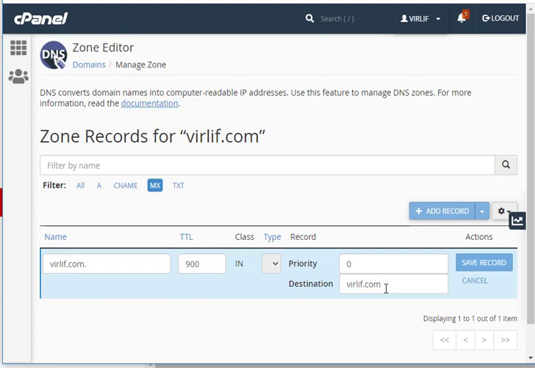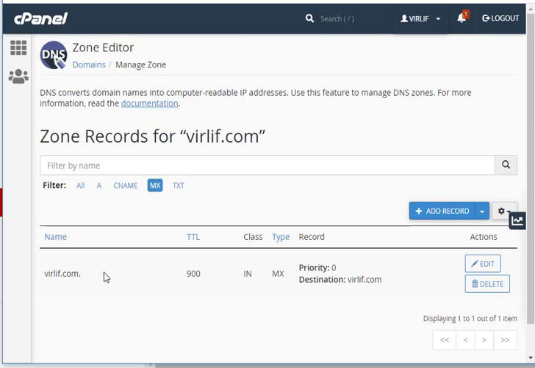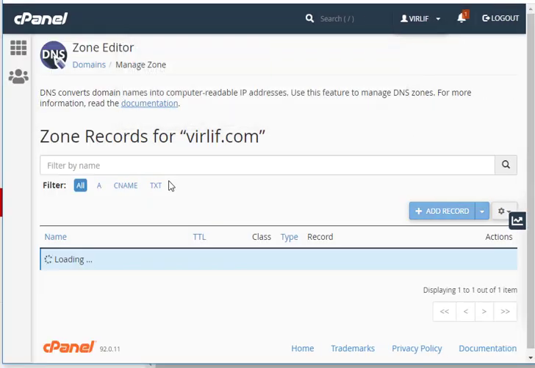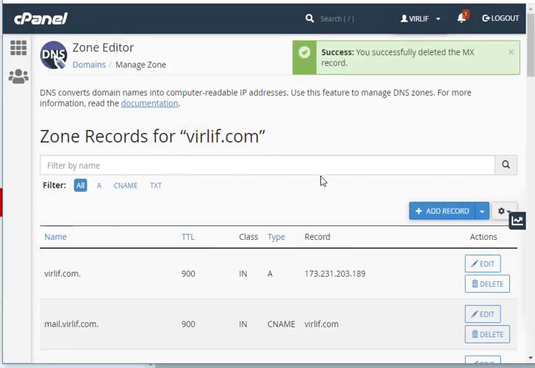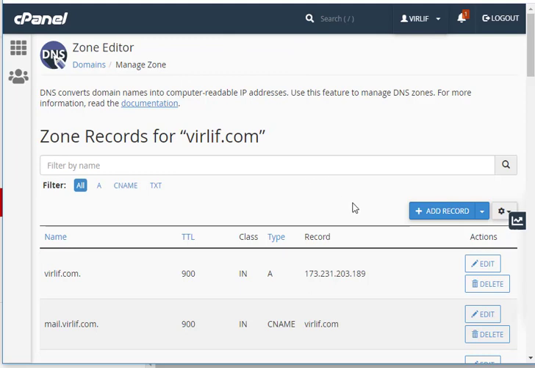Now I am going to change it to G Suite. So I need to delete this entry to stop using webmail to send and receive mail from verlib.com. It's not very difficult, just delete this entry from your DNS records. And you see there is no MX entry now. You need to add G Suite MX entries here.